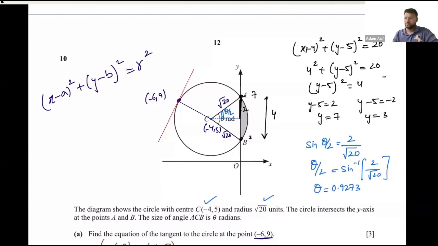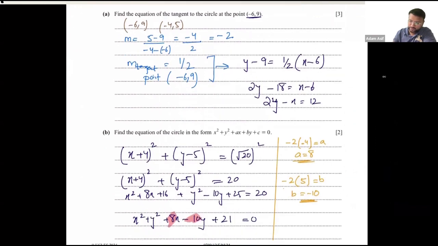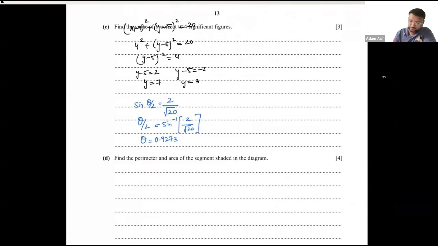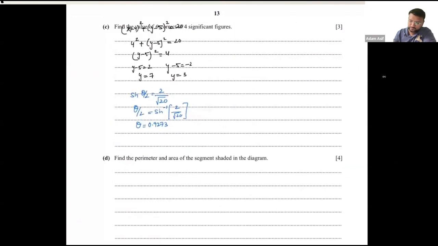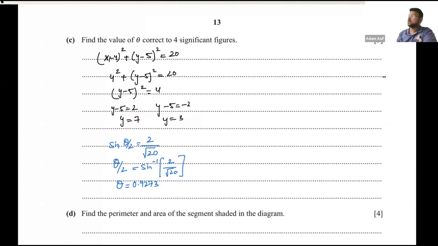0.9273 आ रही है मेरे पास। हाँ बोलो। साइन इनवर्स एंगल फाइंड करने के लिए करते हैं ना। ये एंगल है और ये रेशियो है। साइन इनवर्स ऑफ दिस वैल्यू करोगे तो आपके पास ये एंगल आ जाएगा। ये एंगल है थीटा अपॉन 2 के बराबर। फिर इस एंगल को मल्टीप्लाई बाय 2 करोगे तो ये थीटा की वैल्यू आ जाएगी। सही है। तो ये जितनी भी मैंने यहाँ पे वर्किंग की है, ये वर्किंग यहाँ पे मैं कॉपी कर रहा हूँ इस पार्ट के लिए। ठीक है। तो एंगल आ गया हमारे पास।